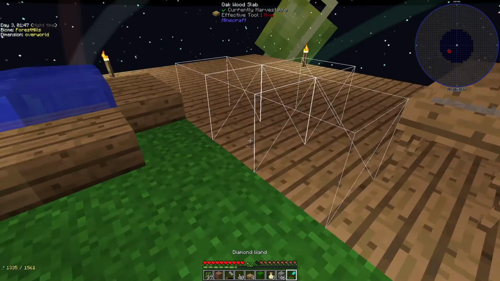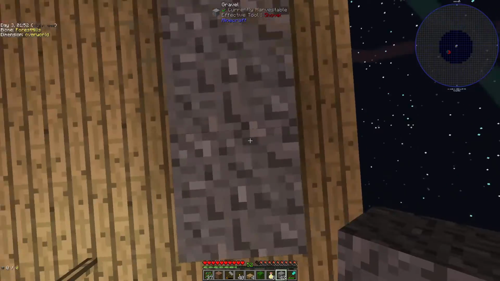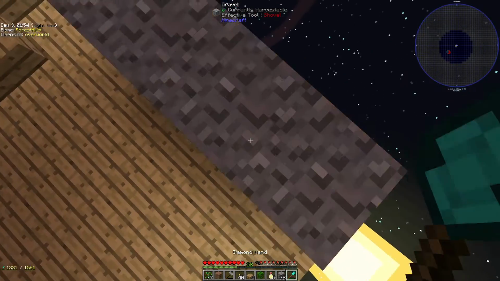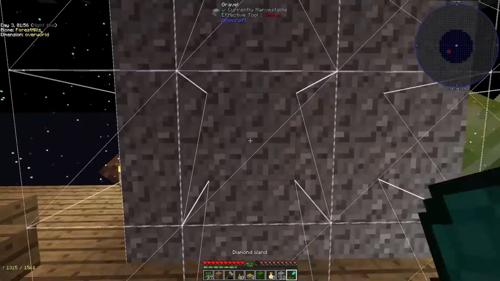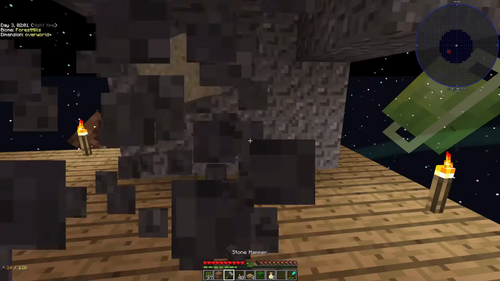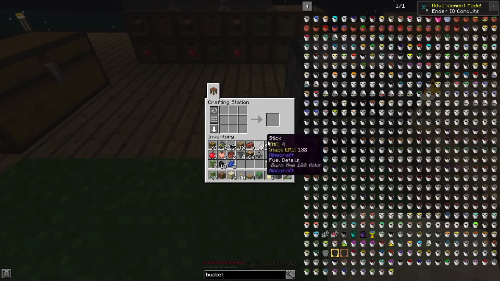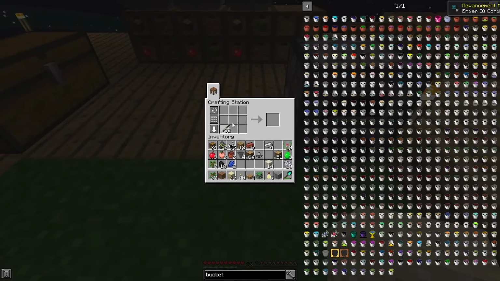So what we'll do is we set up our gravel, 3, 4, and then we'll go here. Ta-da. Use this builder's wand. This is the best use for the builder's wand. I really honestly don't use the builder's wand for building as much as I use it for making